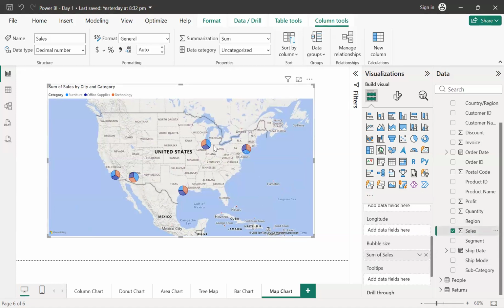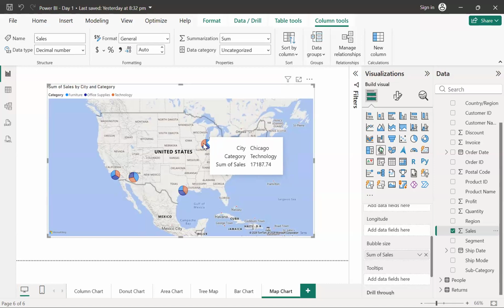And now you can see the sales for the different categories. Let's say if I go to Chicago, I can see how much sales is coming from furniture. Then move a little bit to the left side, and you can see the number of sales coming from office appliances, and move a little bit up, and you can see the number of sales coming from technology. I guess now every one of you is getting a similar kind of result.